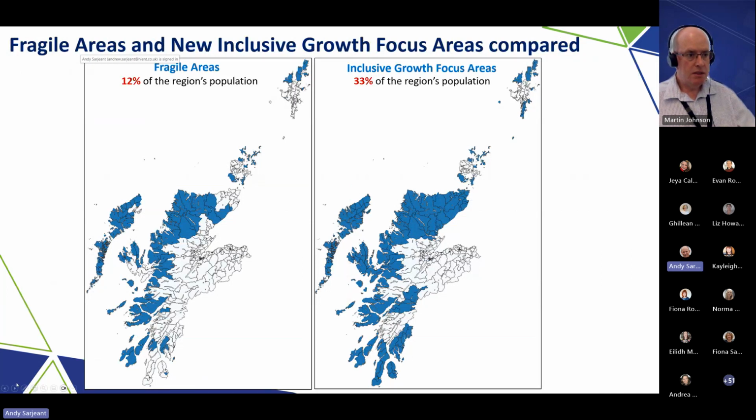Scoring the sub-areas using both tools and looking at those areas that fall below average, so are relatively more disadvantaged, according to either tool, results in the map that you can see on the right of this slide. And for comparison, the old fragile area map is presented on the left there. So clearly the new map covers a larger land area and a larger share of the region's population than the fragile map. One of the main reasons for this difference is that the fragile map explicitly excluded remote small towns,